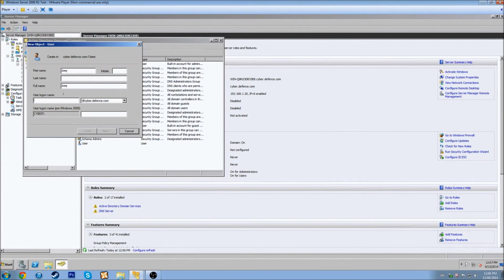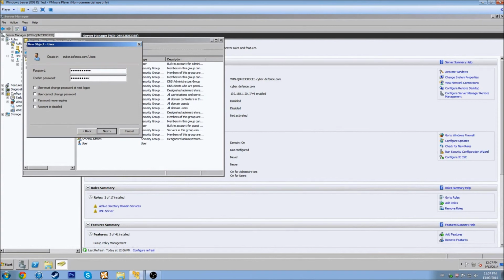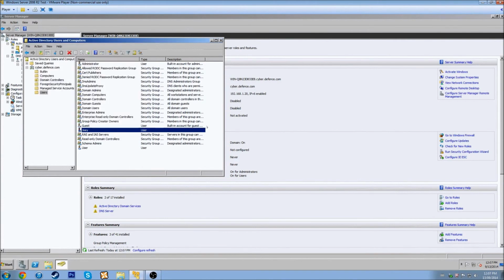User logon name is going to be Joey at cyber.defense.com. We'll just assign a simple password. I typed that wrong. Okay, so we've created our user Joey,